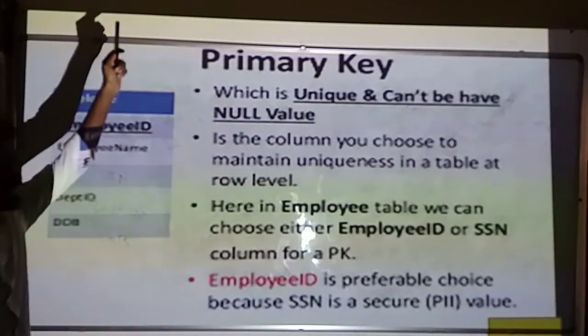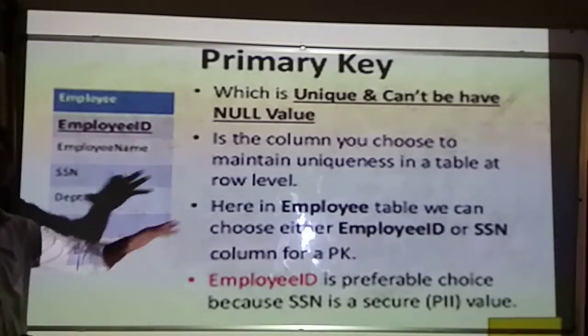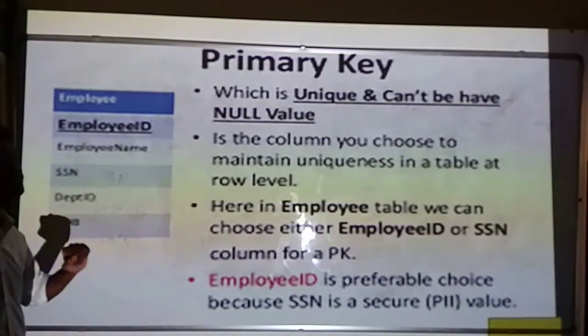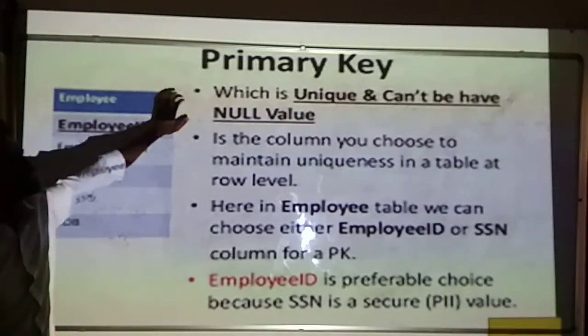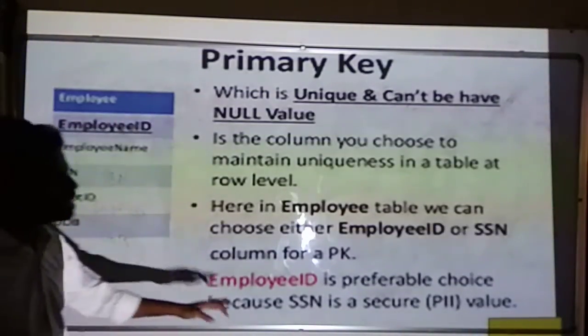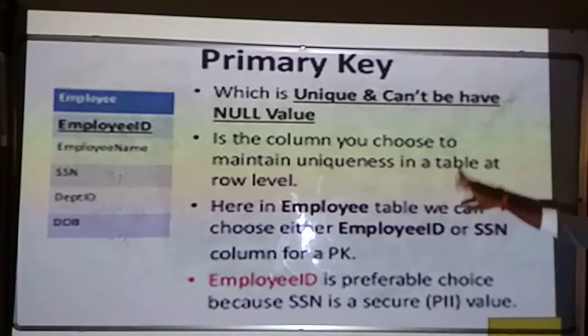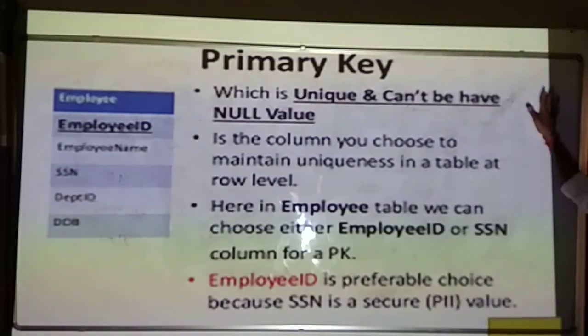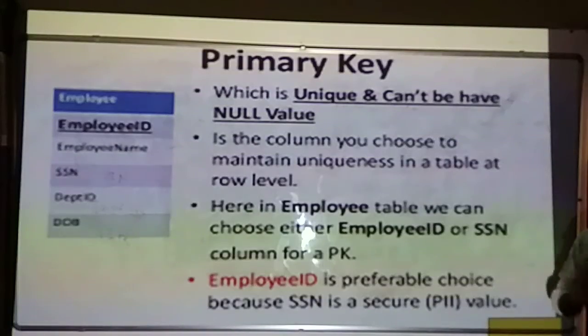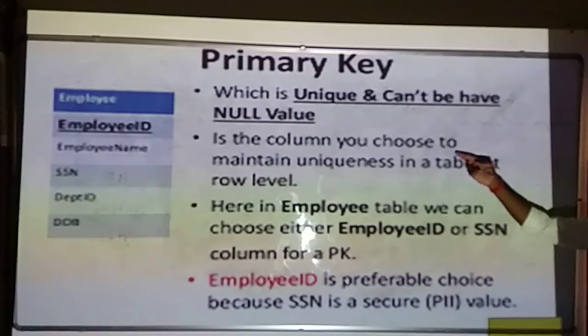Then, if you are selecting such kind of column in order to retrieve the data in a unique manner, then that particular column is called primary key. For example, in the previous example, in a student example, student ID will become your primary key. Why? Because remaining things can be repeated for number of times, but your student hall ticket number will not be repeated for any student. For that reason, we will be picking that particular column as what? Your primary key, so that it can uniquely retrieve the data from the table, even if it is having a